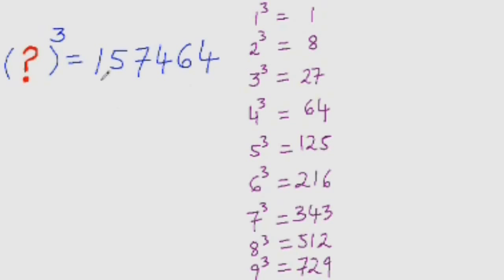So now let's try to find the cube root of this number. Just look at the last digit. It is 4, and you know that 4 is not part of any conjugate pair. So copy 4 as it is and strike out the last 3 digits. Now look at the number that is left, 157. All you need to do is find the number whose cube is either 157 or less than that. So which would that number be? 5, isn't it? 5 cube is 125. So write 5 here. That is what your answer is, 54.